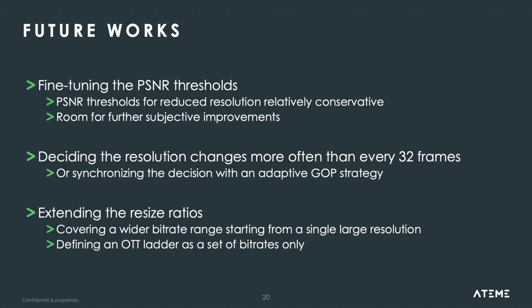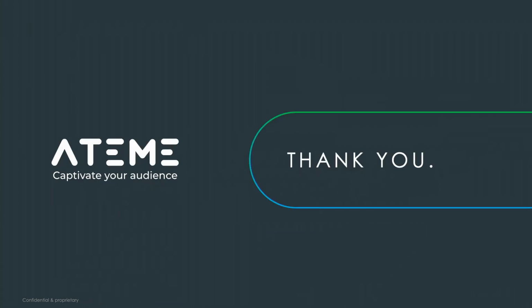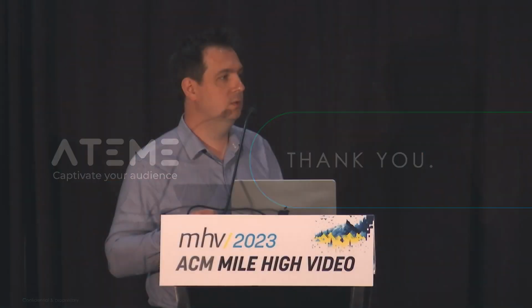So moving on, we can work to play with more settings. The settings in that model were kind of conservative, so the encouraging result pushed us to test the limit and see when it will start to break down. We can adapt that to dynamic GOP selection. We can maybe change the resize ratio or avoid some of them when we see logos or small text, those kind of things. And finally, I'll conclude that we also encourage all the ecosystem, and especially the decoding manufacturers, to